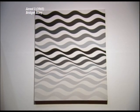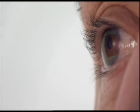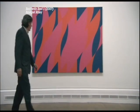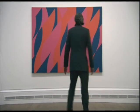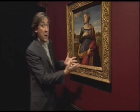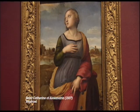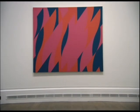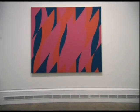After her early successes, Riley moved away from this black and white world into experiments with colour. But once again, she looked to the past and the Renaissance. One of the things I really like about this show is the way in which it gives you, so to speak, 2 for the price of 1. You get the influence of the old masters on Bridget Riley, but you also very much get the old masters seen through Bridget Riley's eyes,